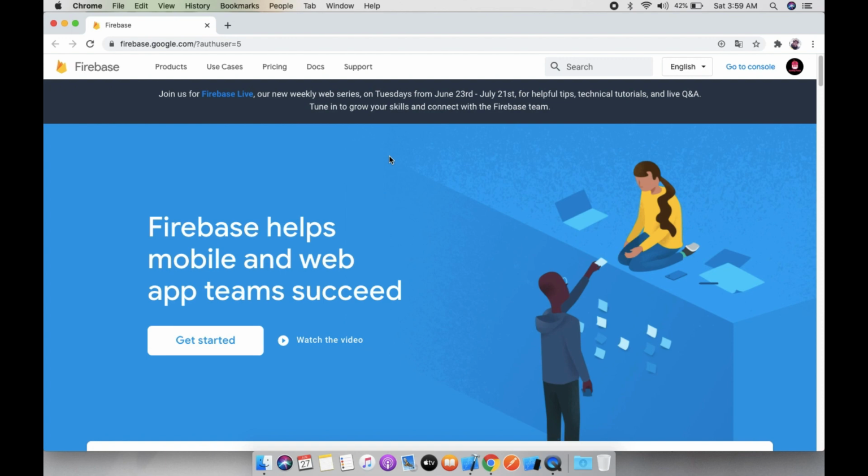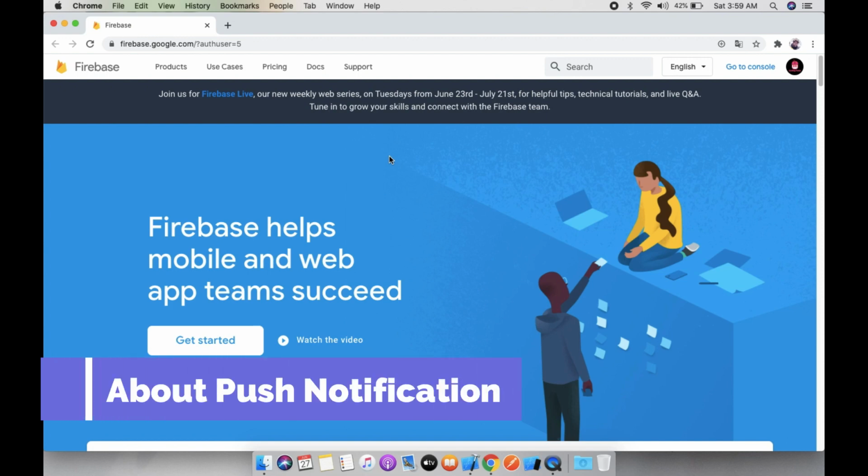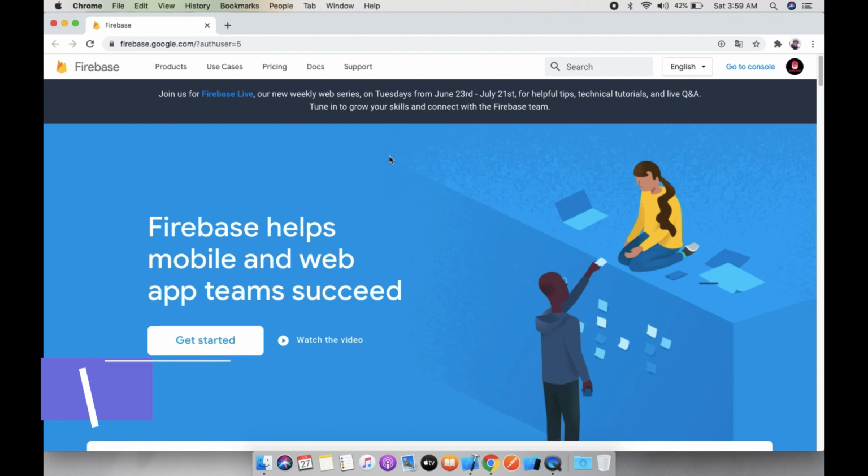And guys, one question is: what is push notification? Actually, when a remote server or machine generates a notification, it is called a push notification. Push notifications are great for keeping users informed with timely and relevant content, whether your app is running in background or in active mode. A notification can display a message, play a distinctive sound, or update a badge on your app icon. This mechanism is very useful when multiple device and server synchronization is required. So let's start this.